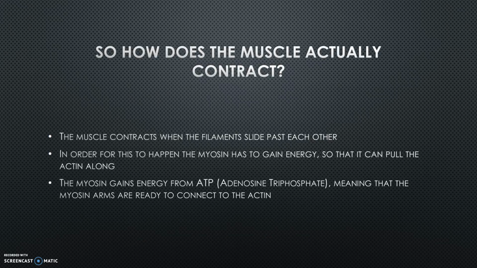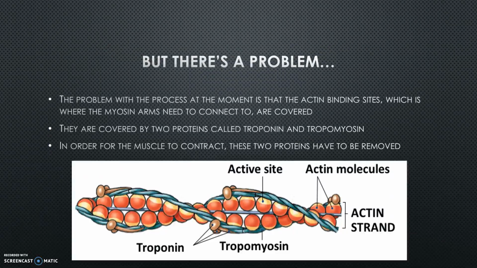So the muscle actually contracts when the filaments slide past each other, and in order for this to happen, the myosin has to gain energy so that its arms can pull the actin along. This energy comes from a substance called adenosine triphosphate, which we'll call ATP. So the myosin arms are ready now that it's gained the energy from the ATP, but the problem is the